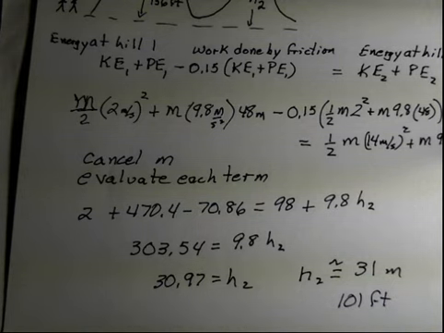height of the ride. And there we have our design of a roller coaster using the principle of conservation of energy. We started at 48 meters high with some potential energy and a little bit of kinetic energy. We've lost some energy along the way. We have a kinetic energy that's from the given speed that we want at the top of the second hill. And then these are not energy terms because there's no mass, but that's where they come from. But that allows us, using the principle of conservation of energy, canceling off the mass, accounting for the work done by friction, to reduce our supply of energy, we're able to determine that the second hill should be 101 feet